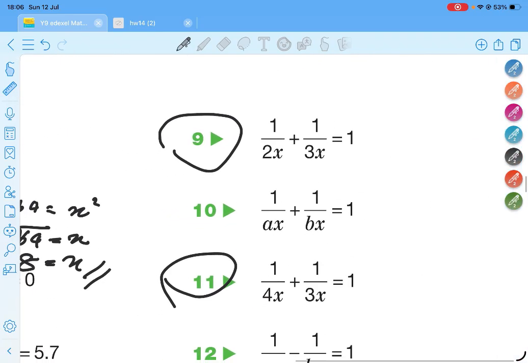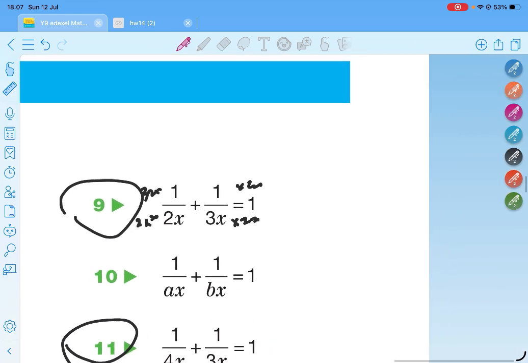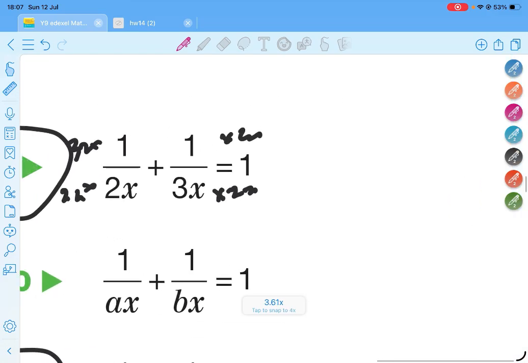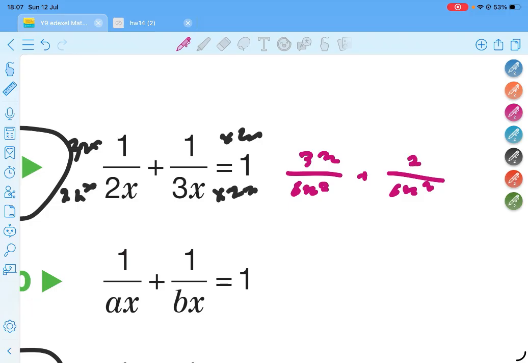This one. Yes, 105x? This and this should be multiplied by 2x. This and this should be multiplied by 3x. Right? Then you need to obtain 6x to the power 2 over 3x plus 6x to the power 2 over 2x. Denominator is 6x to the power 2, numerator is 5x, right? Now you can simplify x and x, 5 over 6x. That can be simplified like that.